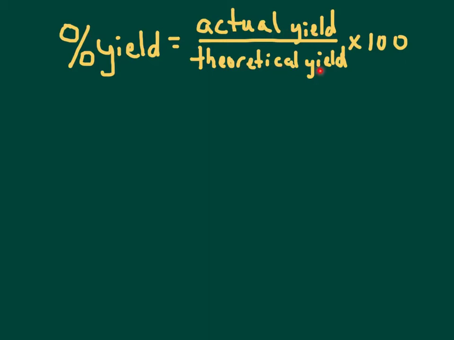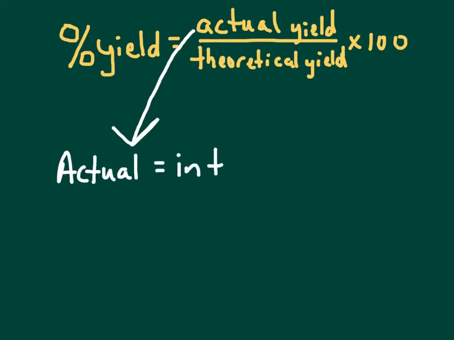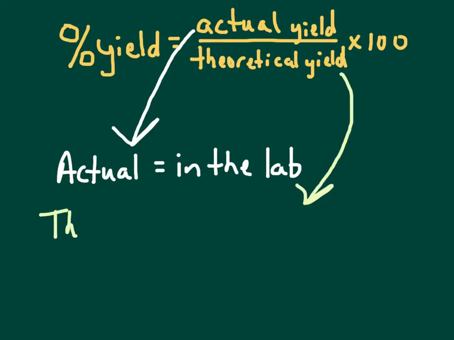So I want to identify what actual is, where you get that from, and where you get the theoretical from. So I'm going to draw some notes on here too. This actual yield right here, I'm going to write actual. This is found in the lab. This is what you actually made in the laboratory. You actually measured, that's how much you ended up with at the end. And then the theoretical right here,